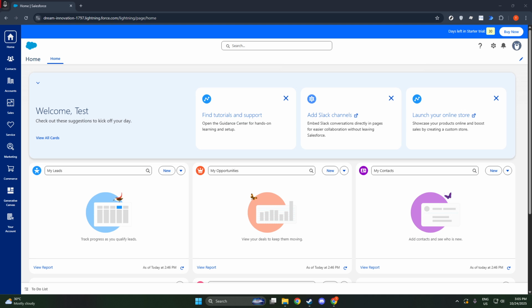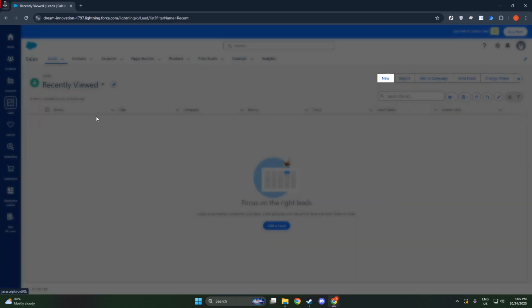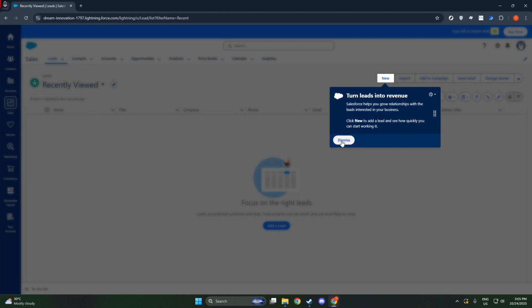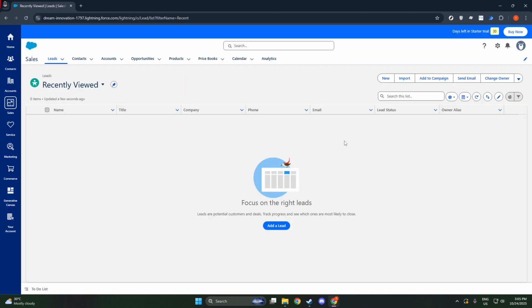First, you'll want to direct your attention to the left corner of your Salesforce interface. Here, you'll find a menu that allows you to access different pages and functionalities within Salesforce. Look for the option that says Sales and give it a click. This will open up various tools and features designed to enhance your sales workflow. By selecting Sales, you are essentially setting the stage to access the calendar where you can visualize and manage your